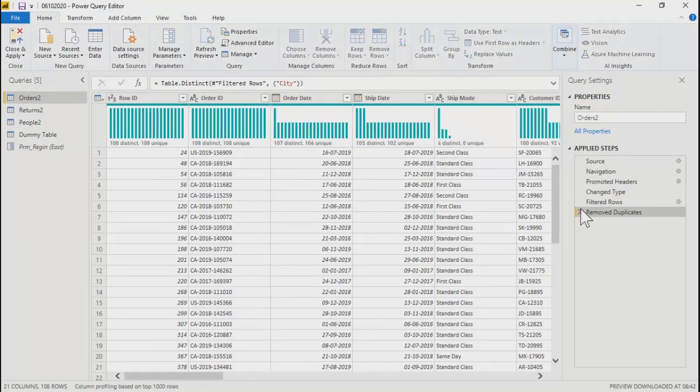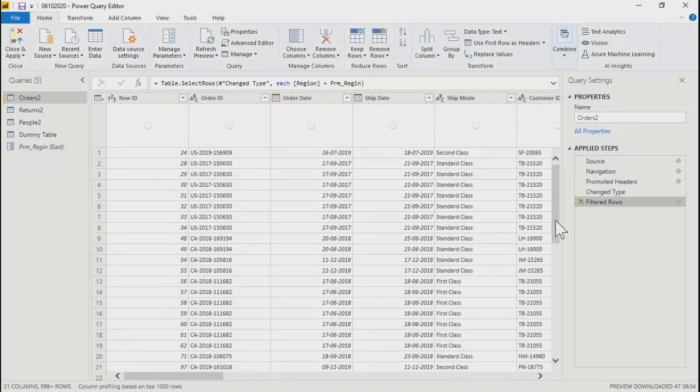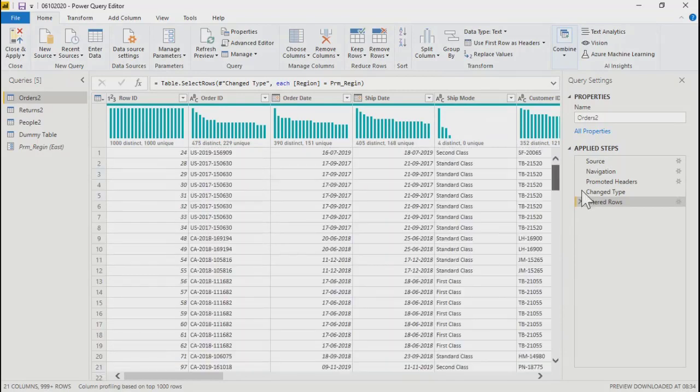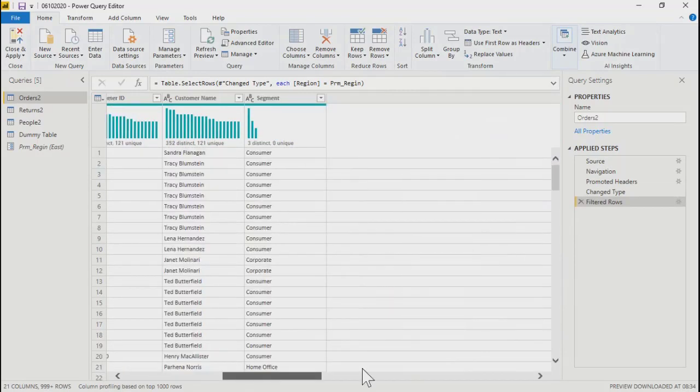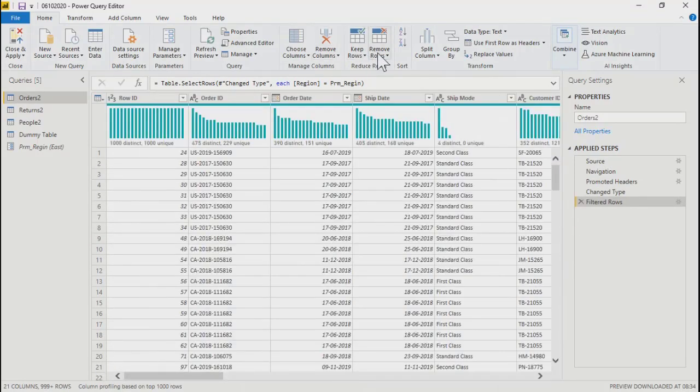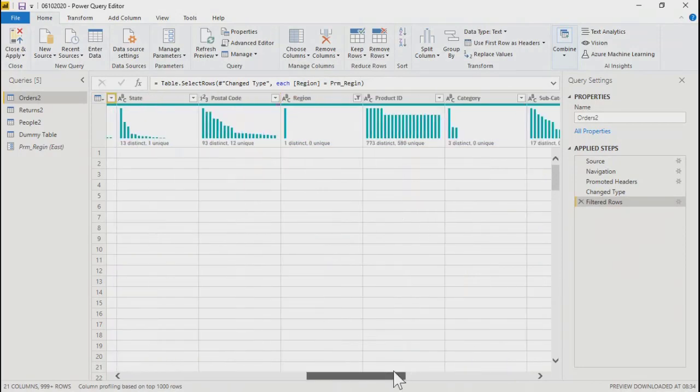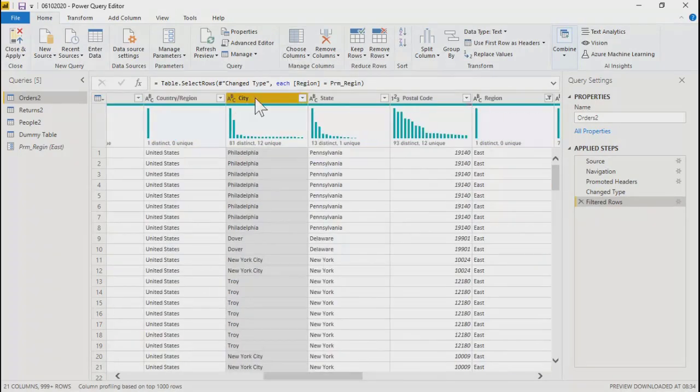Let me see. Yeah, so not sure if it has duplicate fields, but it has removed some rows. Let me just go there again. Remove duplicate. Okay. Got it. See, the reason being our city field was selected. That's why basis that field, it has removed the duplicate records.